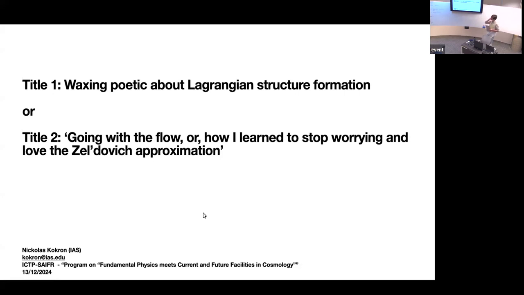I figured it might be nice to have this audience to proselytize a little bit, to be a zealot for this other picture of large-scale structure formation, which is this Lagrangian picture. I wrote a few of the historically relevant papers. This dates back to Zel'dovich in 1970. Vladimir Arnold got involved and did very beautiful work categorizing the singularities that form in the Zel'dovich approximation in 1982. All the way down to the modern formulation, which dates to these two Matsubara papers from 2008.